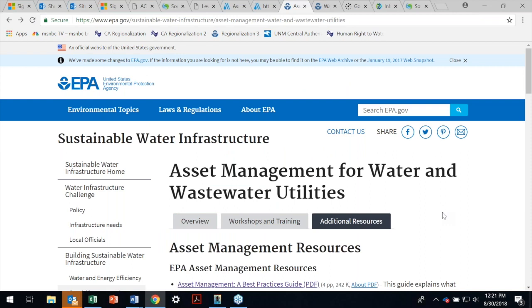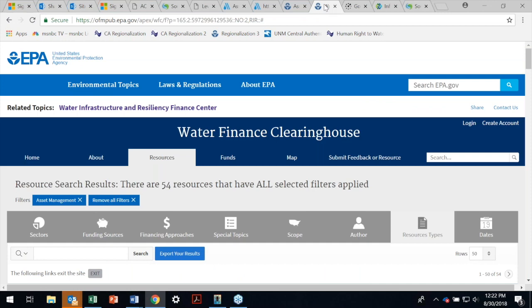EPA has information on asset management resources, and it's very easy to find just searching EPA asset management. There's also this water finance clearinghouse that was set up for a slightly different purpose. It's in the Water Infrastructure Resilience and Finance Center, WIFIA.